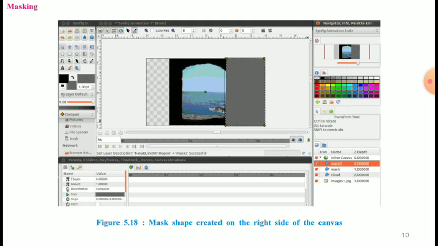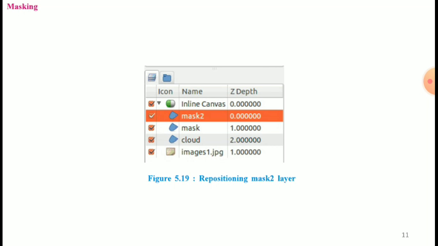So draw a rectangular mask shape using the Bline tool on the right side of the canvas, as we did earlier on the left side. Figure 5.18 shows the mask shape on the right side of the canvas. Next, rename the layer as mask 2 and drag the mask 2 shape layer into the encapsulated layer above the mask layer as shown in figure 5.19.